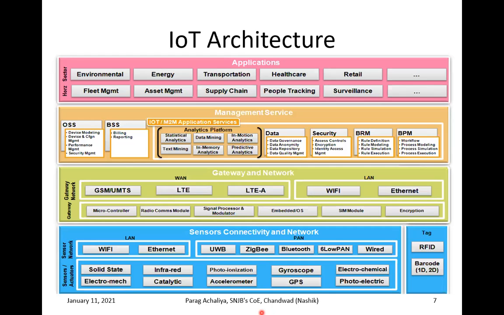If IoT architecture is asked in the exam, then you should not draw the diagram exactly like this only. It is not necessary that the diagram should be like this. You should clearly show all the four layers of your IoT architecture, and you can display them like this only. So this is the IoT architecture of your IoT.